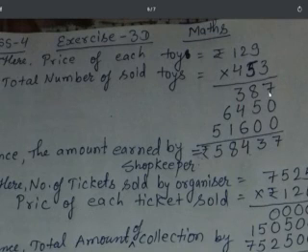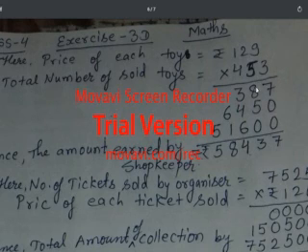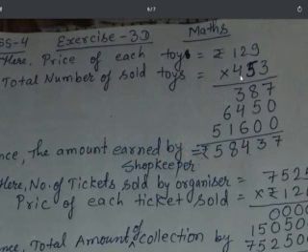9 3s are 27, carry 2, 3 2s are 6, and 2 8, and 3 1s are 3. In the same way the tens digit is there, so the unit digit becomes 0. 9 5s are 45, carry 4, 5 2s are 10, and 4 14, carry 1, 5 1s are 5, and 1 6. So with 4, okay, it is the hundreds place, so 0 0 will be there, and 9 4s are 36, 6, carry 3, 4 2s are 8, and 3 11, carry 1, 4 1s are 4, and 1 5.